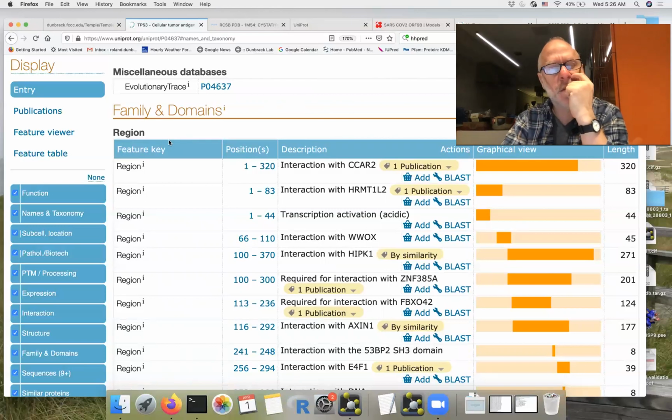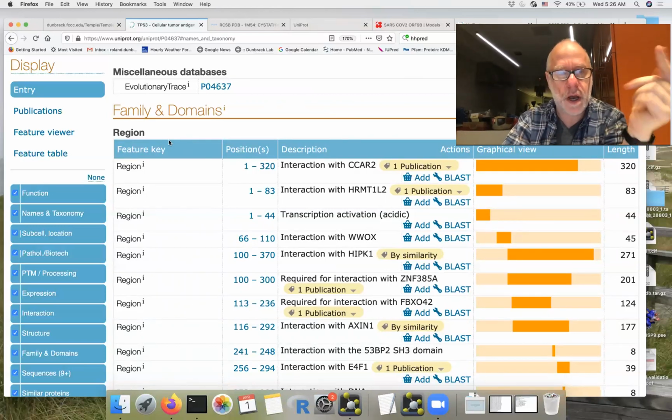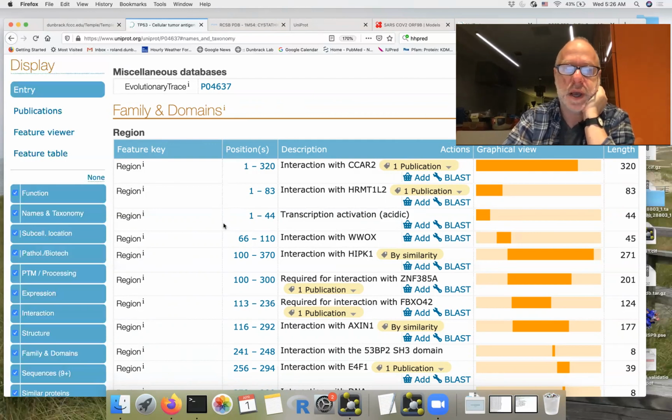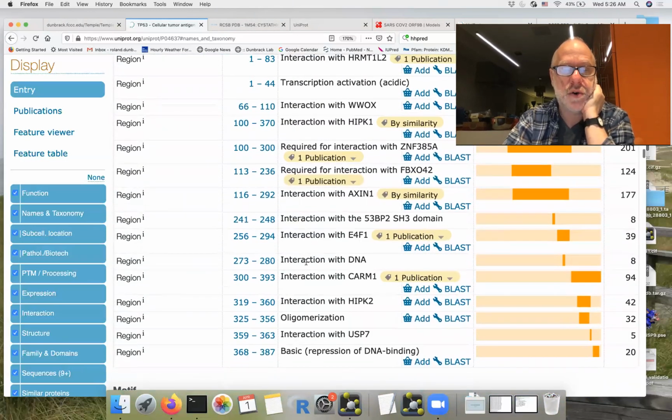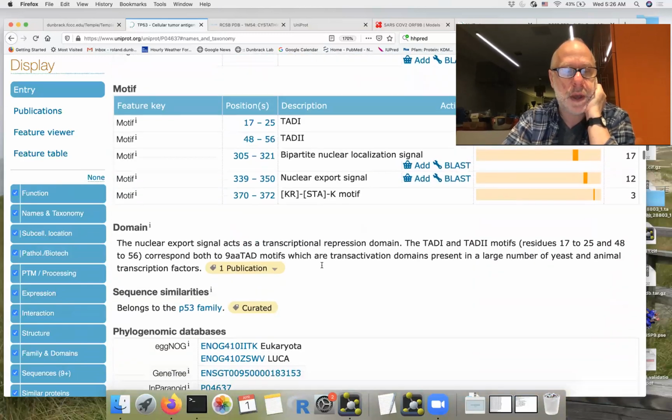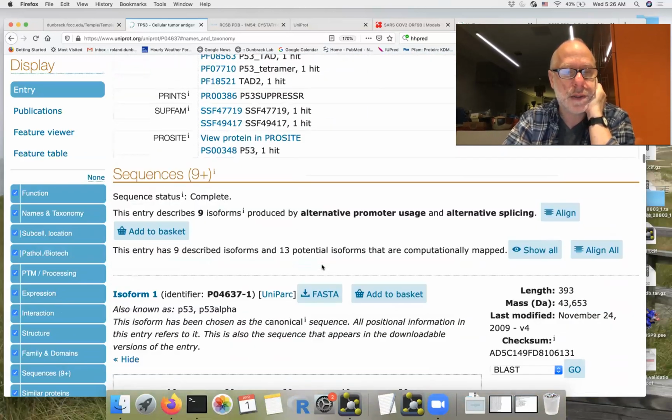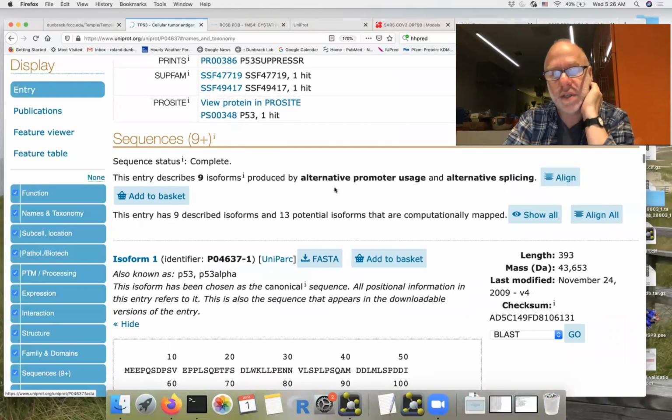Here's a section on regions. There were some up at the top, but this is where the different interaction regions and different domains, like kinase domain, something like that, are listed. And so it interacts with DNA, and it says 273 to 280 are responsible for that binding. It's actually probably more than that, but that may be helpful to find out. And I think that's it. Oh, then there's a section on sequences